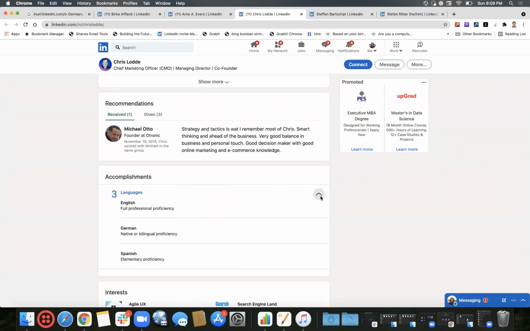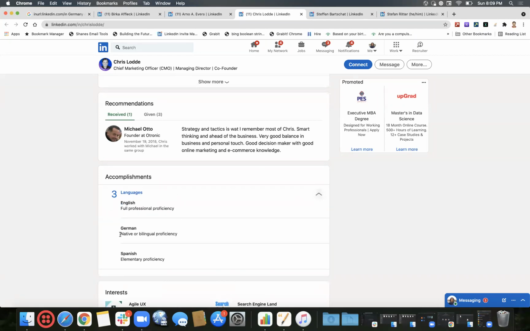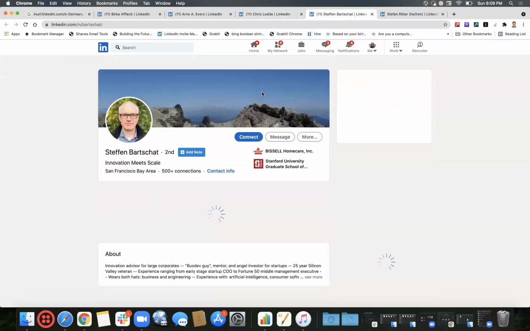But now, as you see, this is a kind of drop-down. When we give X-ray searches, sometimes the results hiding behind these drop-downs might not be fetched. It might fetch only German, but it might not fetch native or bilingual proficiency from this particular drop-down. That's one use case.